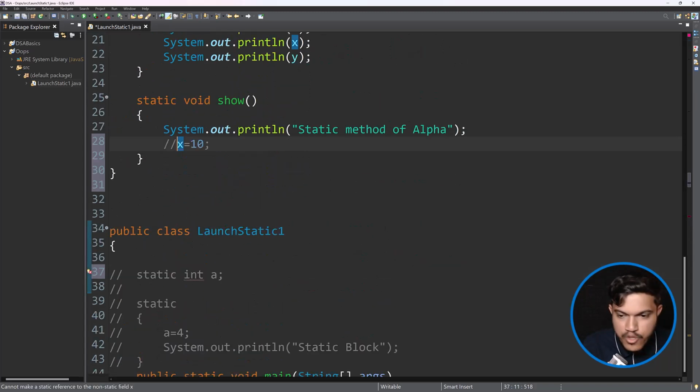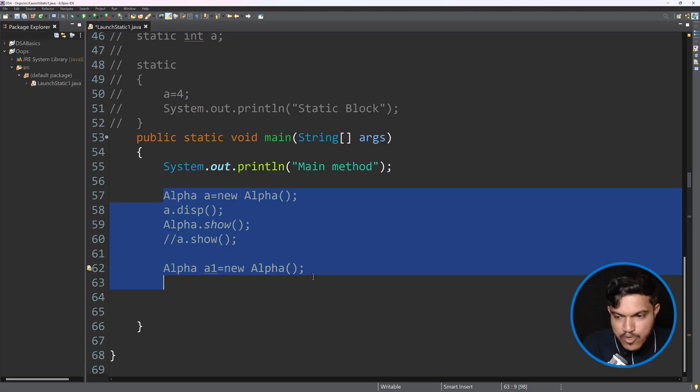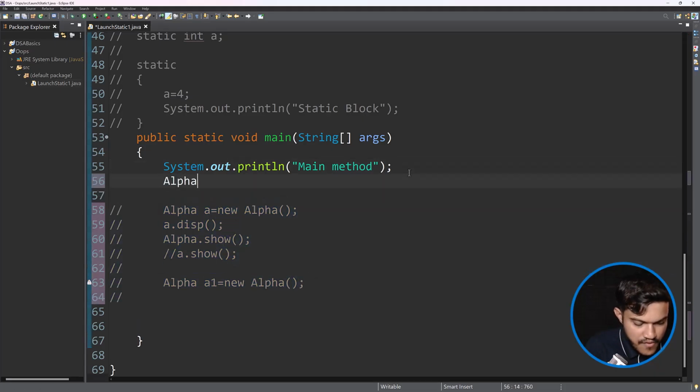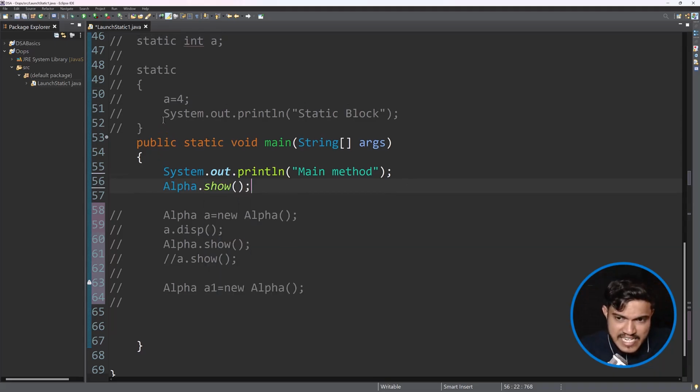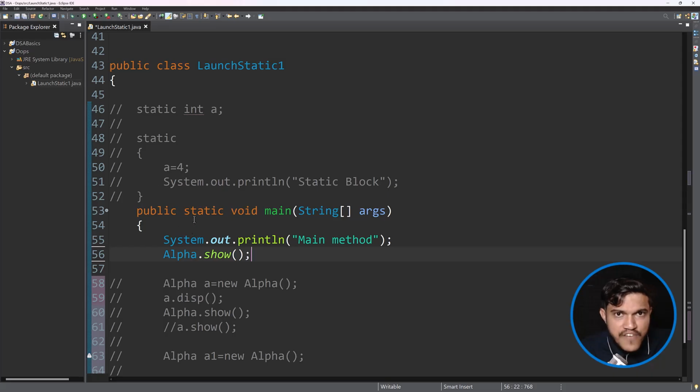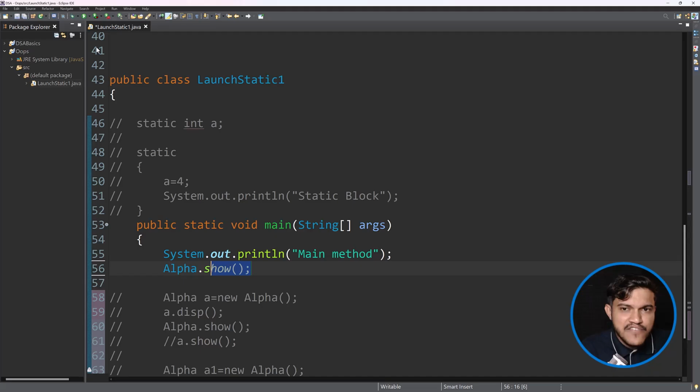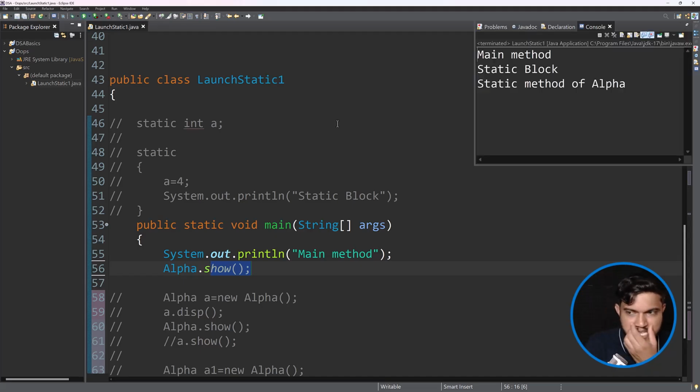I would like to just go here. I'll do one thing, I would like to comment this. Okay. I will just say here Alpha dot show method. You can see here, inside this entire class, am I creating the object of alpha? No, I'm just using the reference. I'm just calling the show method. That's it. And if I execute this program, kindly see here, main method, static block and static method